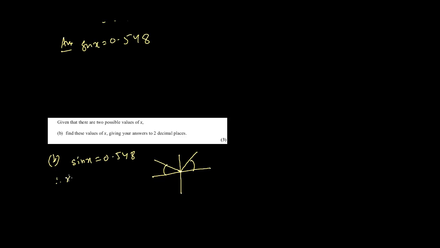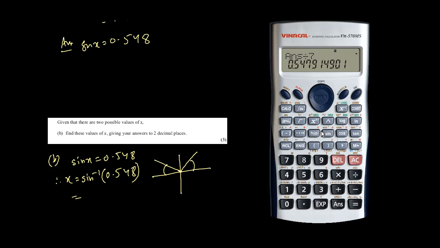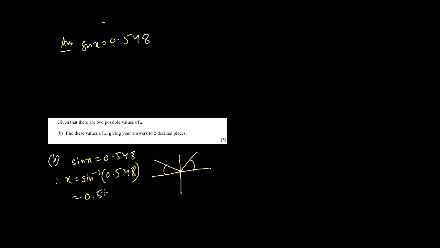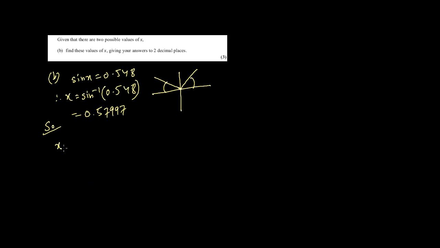So now the basic angle: x equals arc sine, or sine inverse, of 0.548, and that is going to give us, remember this is in radian, this is very important, so radian mode. So sine inverse of 0.548 is going to be 0.57997. These two are the basic angles. The first angle is going to be 0.57997 and the second angle is going to be